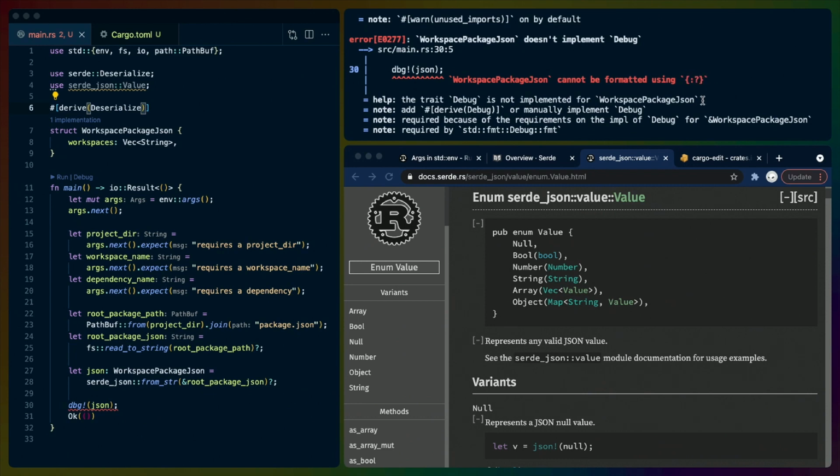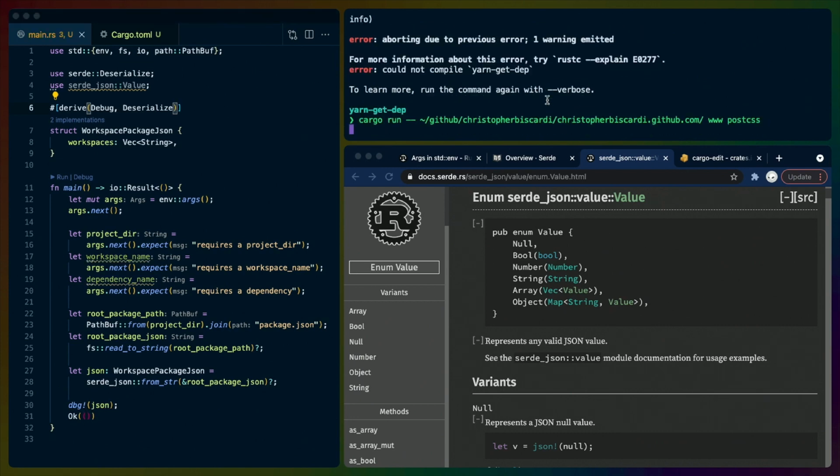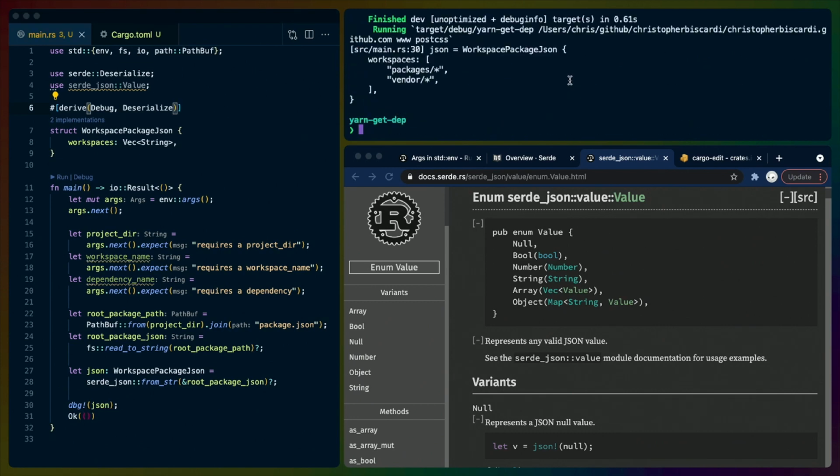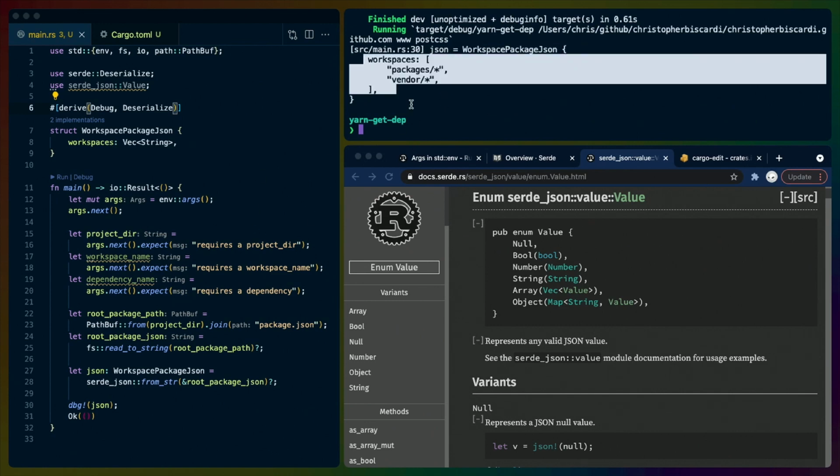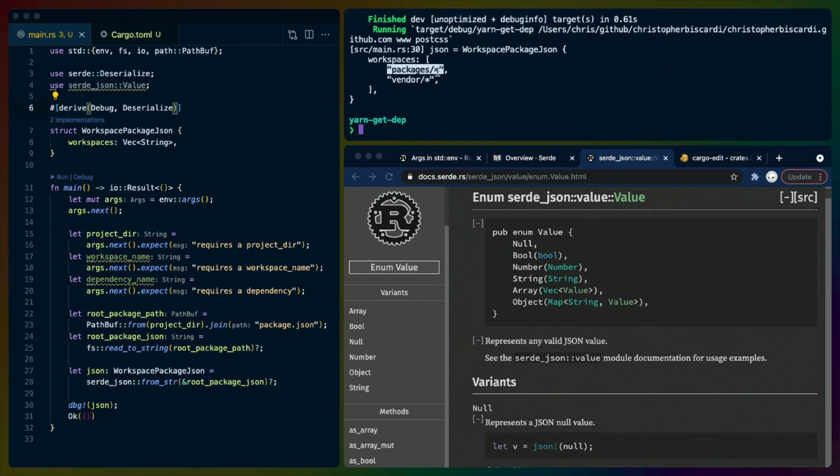So you've got the curly braces on the outside, the colon in the middle with the question mark means debug. So that's an easy fix. We just debug and then we run our program again. A couple of unused variables, otherwise looking good. And then we get workspace package JSON with workspaces and packages and vendor. So that's all good. Now that we have the workspaces, we actually do need to go in and find all